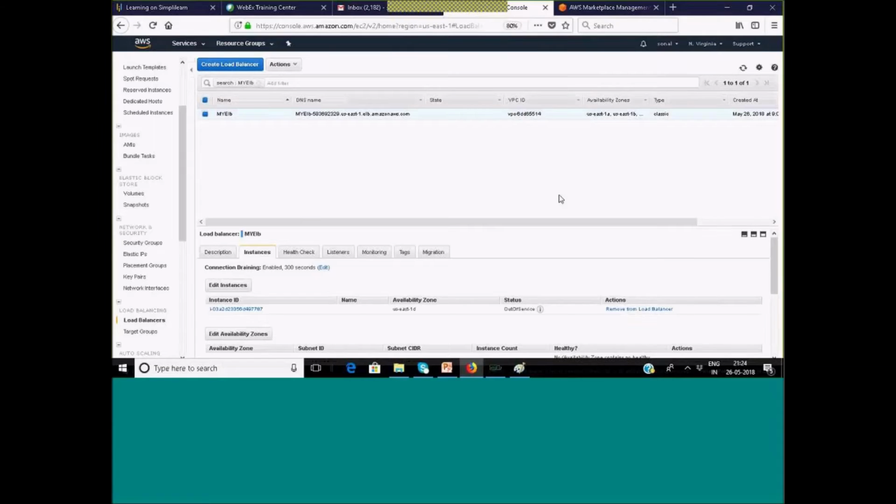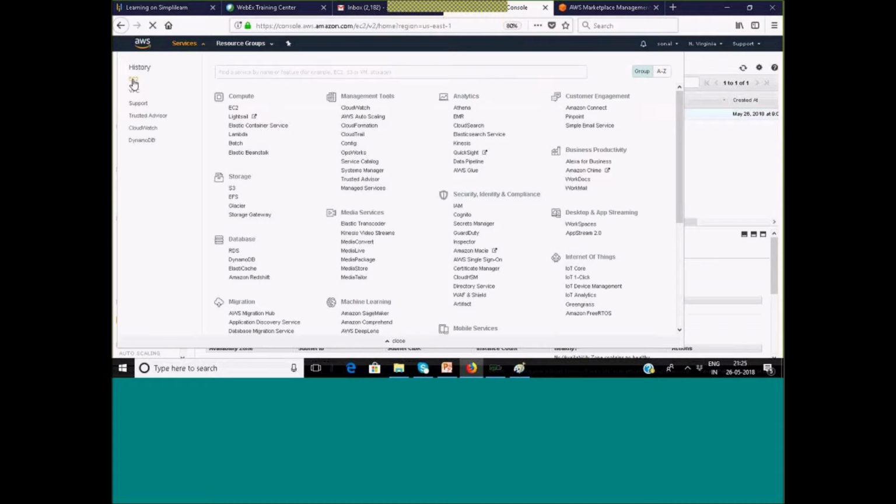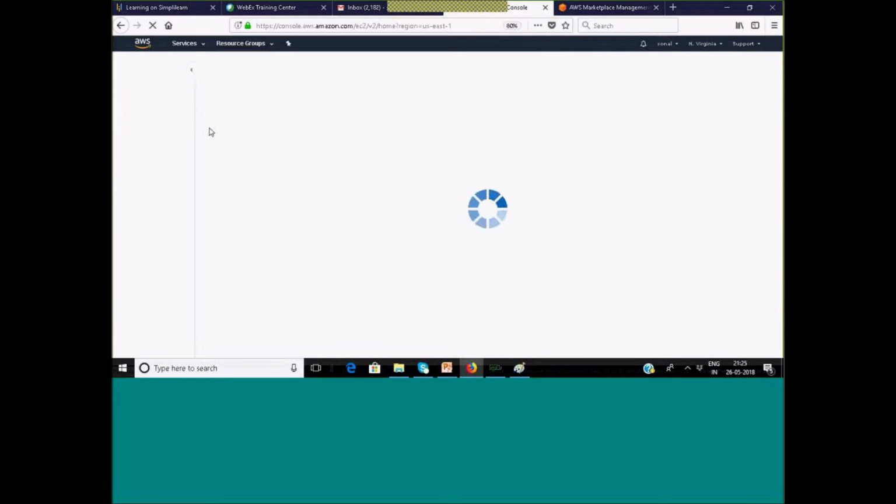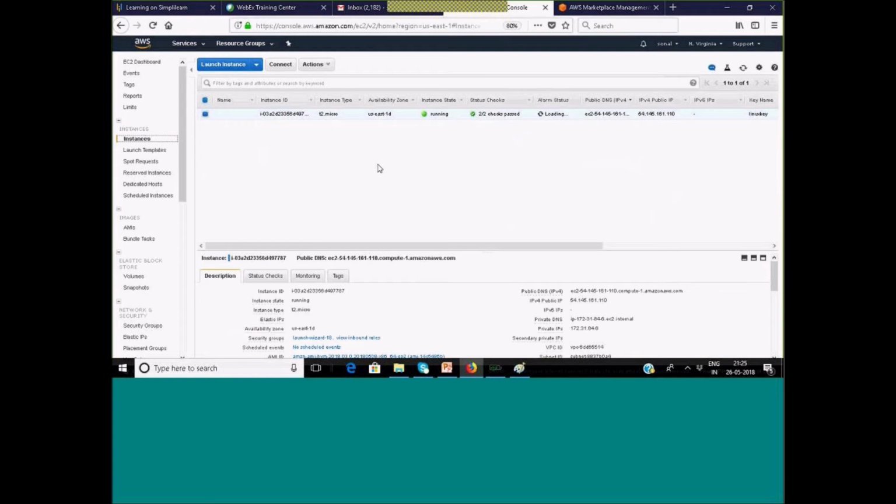Okay, so let's continue on this part. As we launch the load balancer and then I put the instance behind the load balancer, I will just have to refresh this to check whether it is in service. Still it gives out of service. Let me see whether my instance is in the up status, active status. Yes, instance is in the running state.